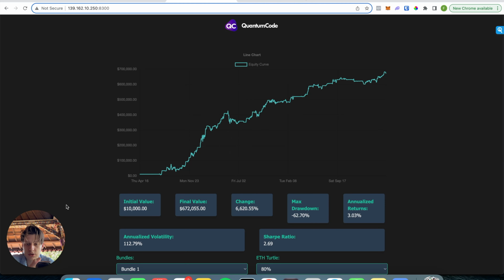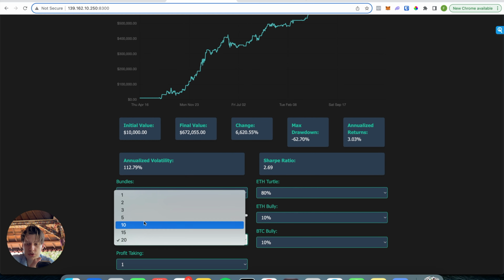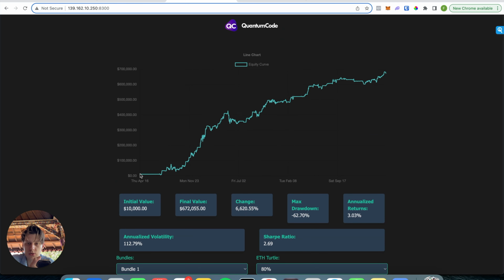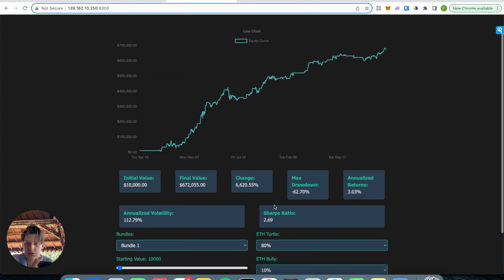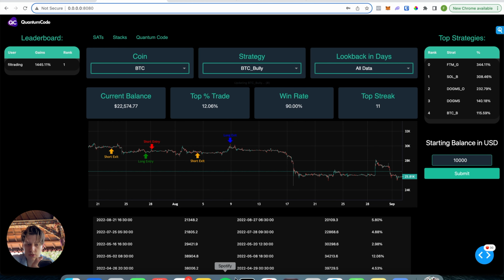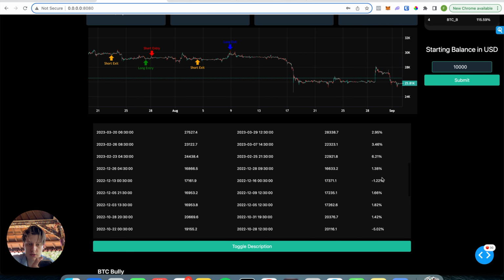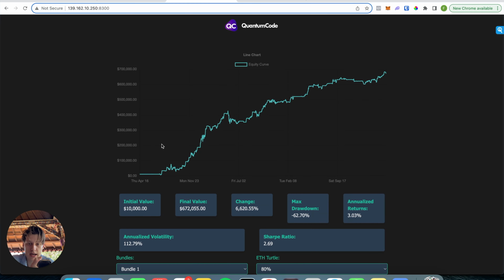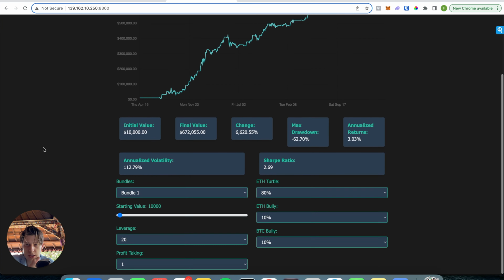That's why you have the simulator, where you can check out what leverage you can use with what profit taking, what allocations, and what starting value, in order to have a strategy that actually works and doesn't break down. Your goal is to play around with the allocations, look at the strategies themselves, see how consistent they are in the trades, and then check on the simulator that your strategy doesn't break. If it doesn't break and it's a consistent strategy like that, then that's something you can use, and you can start trading right now, because those strategies are running on our servers.